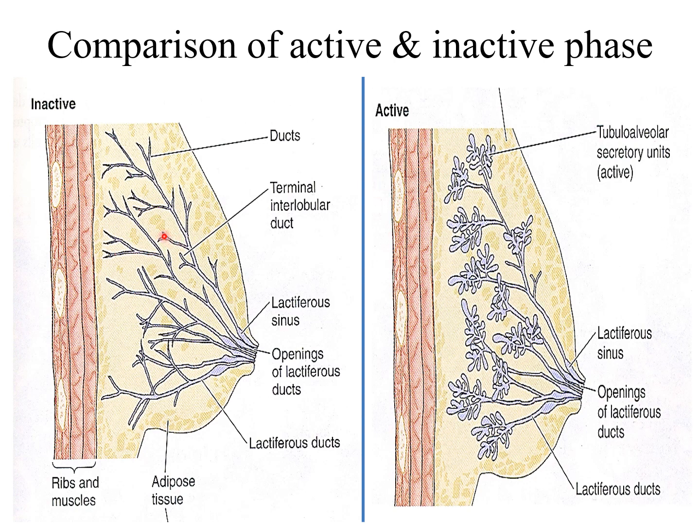Just to give an idea, this is an inactive stage of the breast when there is no lactation taking place. You can see the lactiferous ducts, sinuses, and you can see there is more adipose tissue over there. But when lactation is taking place after pregnancy, you can see the cells are proliferating and start secreting milk. So this glandular tissue will be more. The size of the breast will be enlarged because of the dilatation of this glandular tissue, and all the milk will be produced into the lactiferous sinuses, and from there it comes out through the nipple.